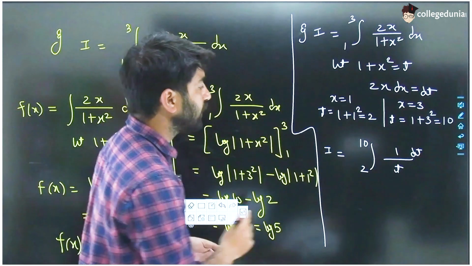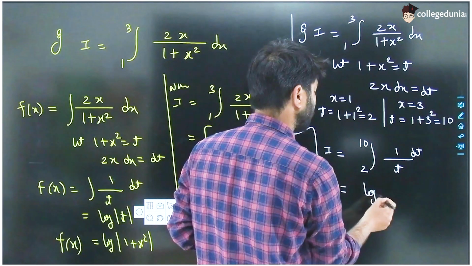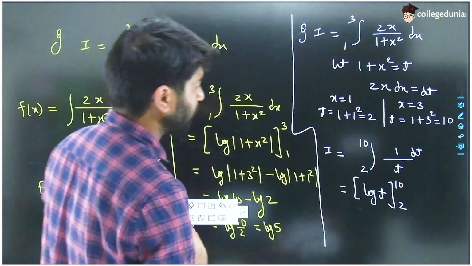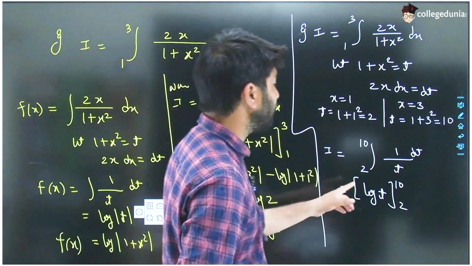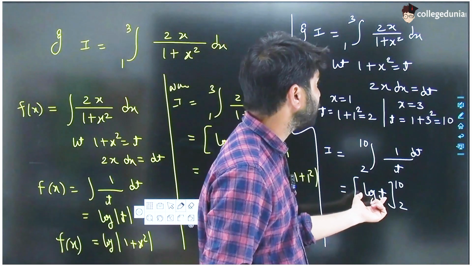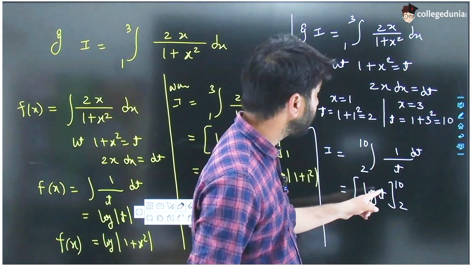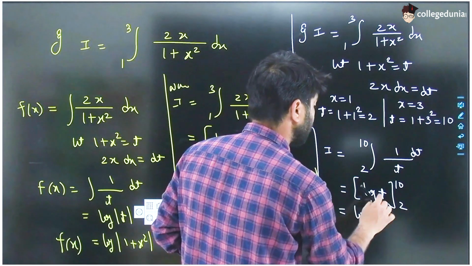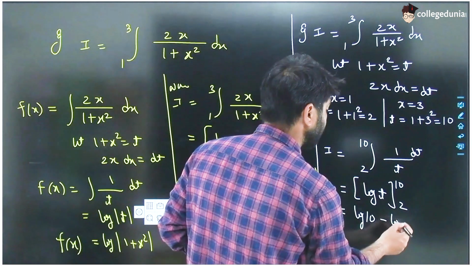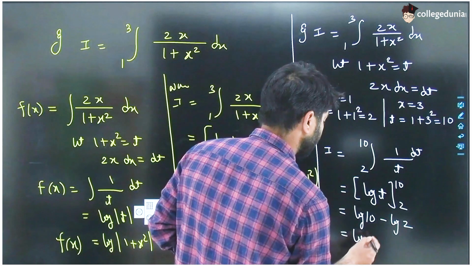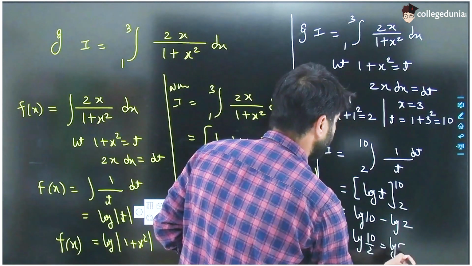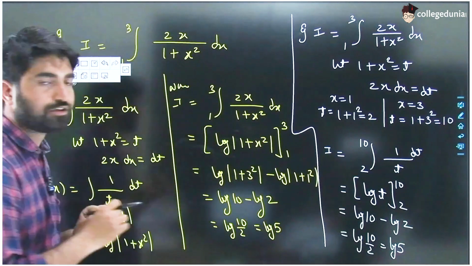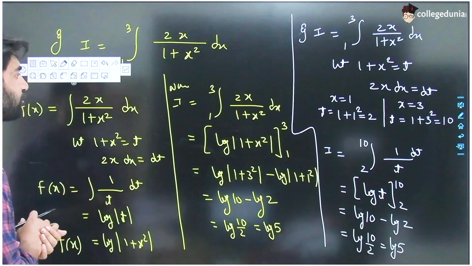And now guys, we can integrate 1 by t and answer will be log t, with 10 and 2 as the upper and lower limit respectively. Now guys, there is no need to bring this expression in terms of x again. There is no need to put t equal to 1 plus x square. We can directly put t equal to 10 minus then t equal to 2, and you can see our final answer will be same in both the situations. log 5 यहाँ पर भी, log 5 वहां पर भी, दोनों ही सिचुएशन में आंसर विल बी सेम, ओके।